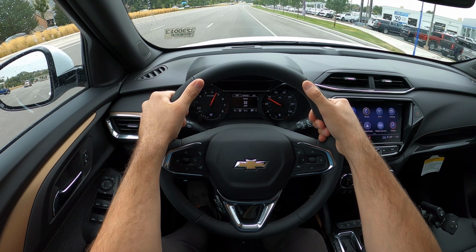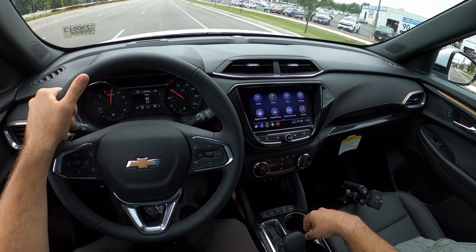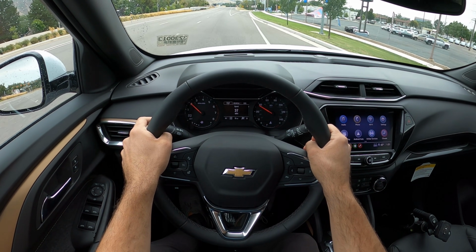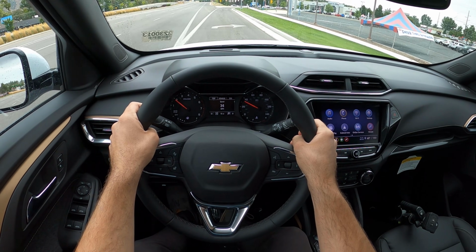Yeah, I still feel a little bit of torque steer on this. Well, I'm in 2-wheel drive mode. I felt a little bit of torque steer in sport mode, but I realized I didn't put it in all-wheel drive mode. So I've got it in all-wheel drive mode now, and